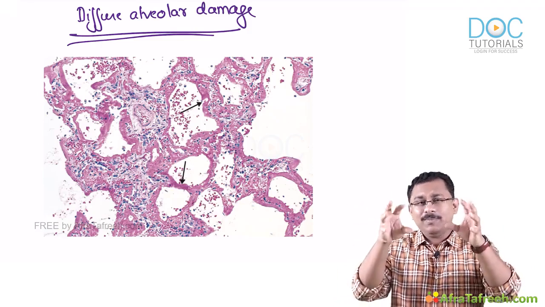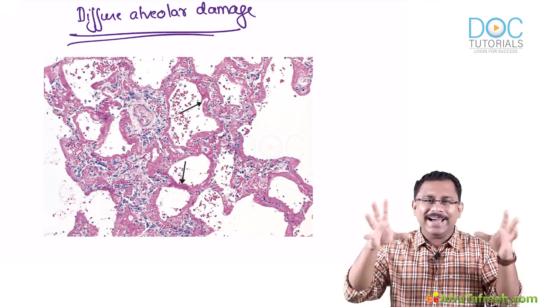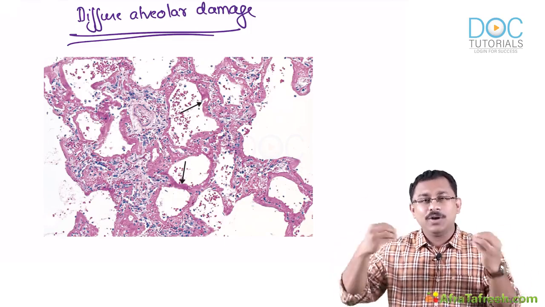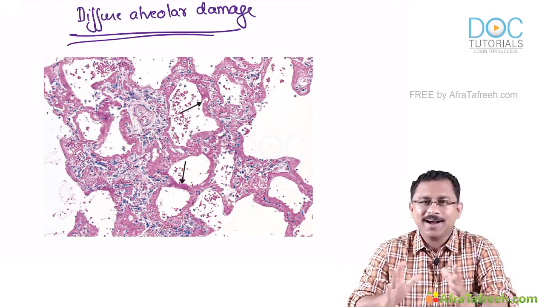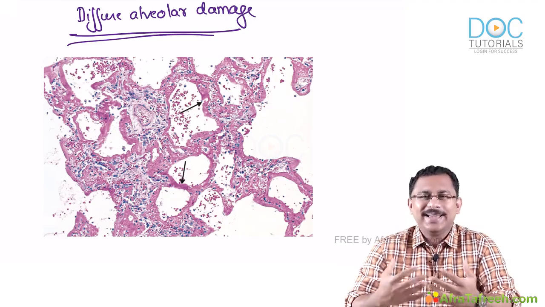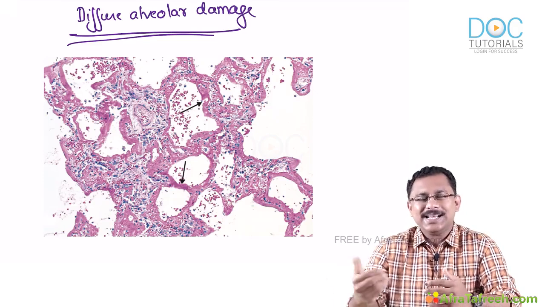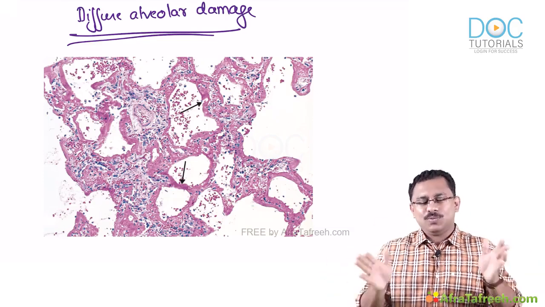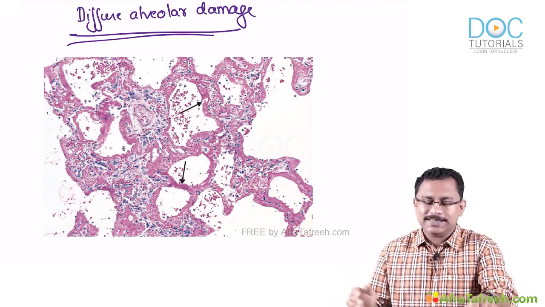Some of the alveoli may be collapsed because of the surfactant loss. Some of the alveoli will be dilated with this edema-rich proteinaceous fluid. Some of the alveoli may be normal. So it's a heterogeneous pathology. Are you very clear? So now we have understood the entity, why it is occurring, as well as the gas exchange abnormalities. So you understood a patient who is likely to have ARDS presenting to your emergency.